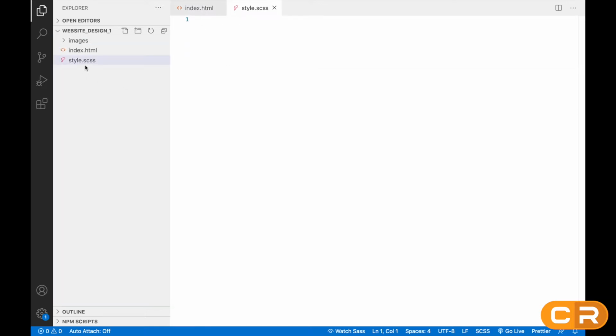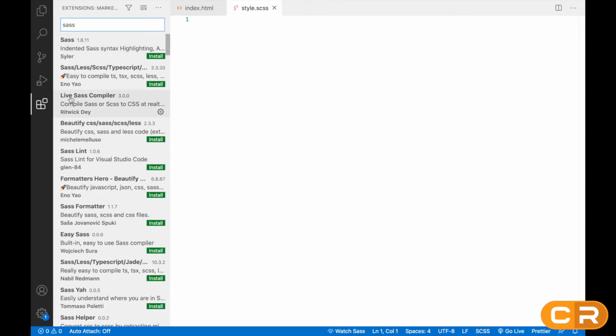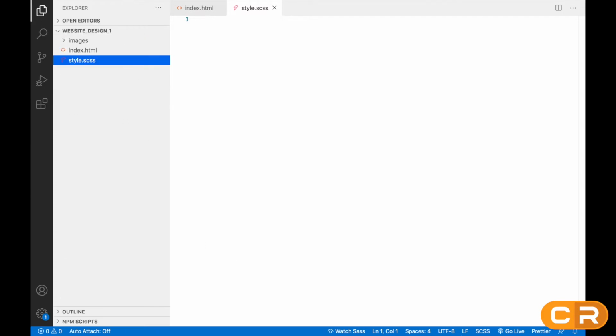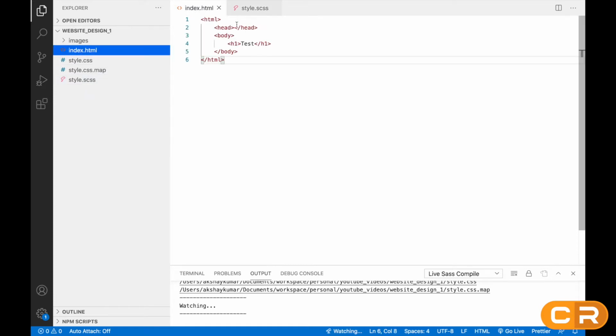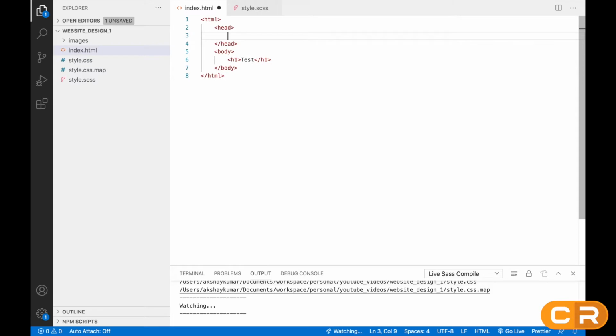To compile this SCSS to CSS, I'm using this Live Sass Compiler plugin. You can download it from here. After that, just click on this Watch Sass button. It will automatically create style.css from this in real time, right? So let's include this CSS file here.